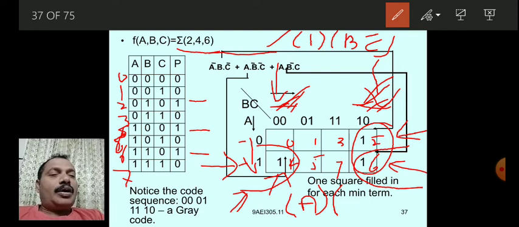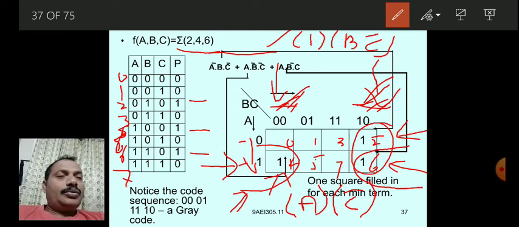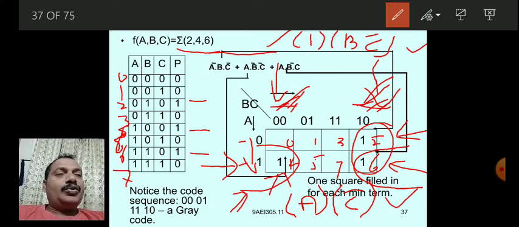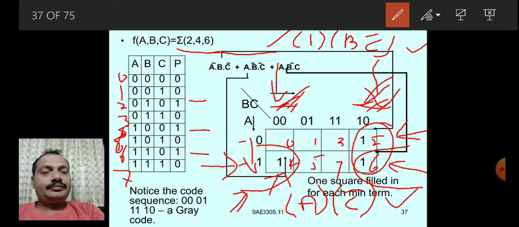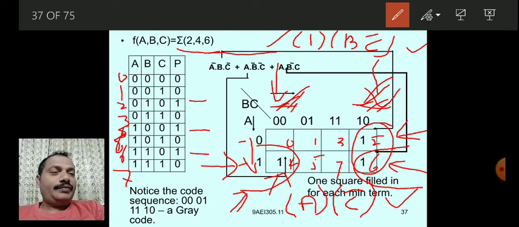It is C bar, because its value is 0. So B C bar is the first group term, and A C bar is the second group term. This is the way of writing minimized group terms.